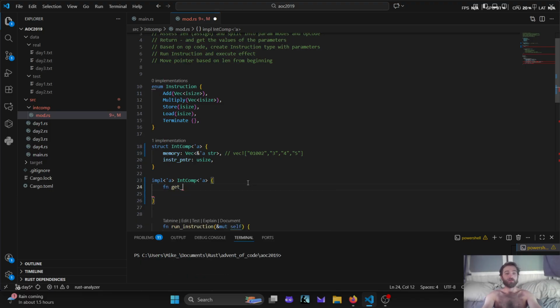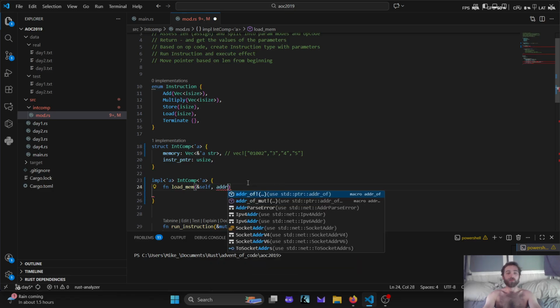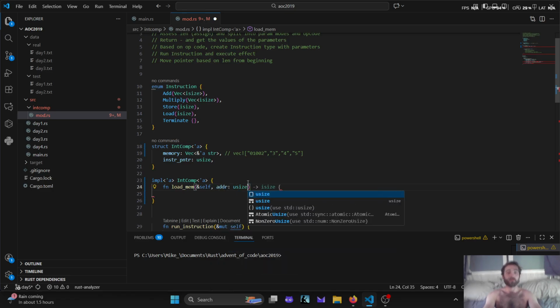Right, so fn get_mem or load_mem takes &mut self. No, it just takes a reference to self, doesn't need to mutate it. And it is also going to take an address, which is a usize,